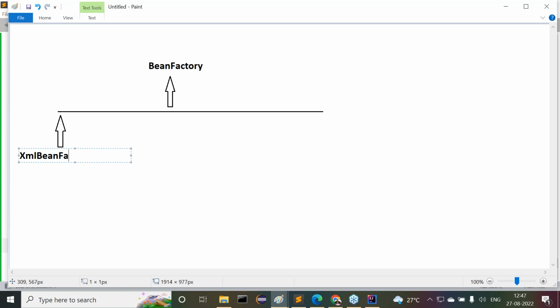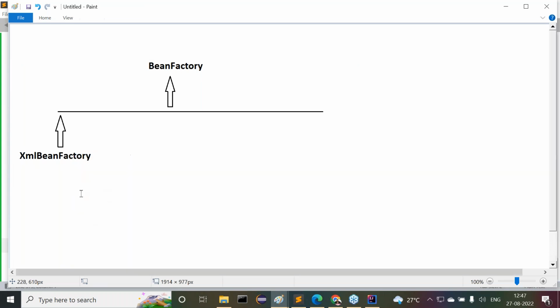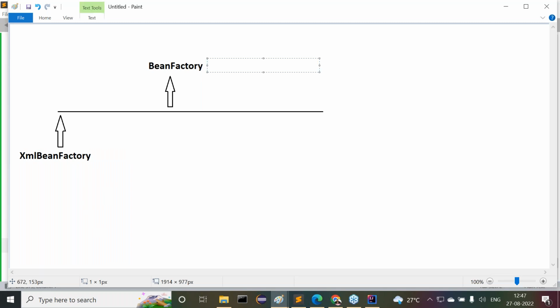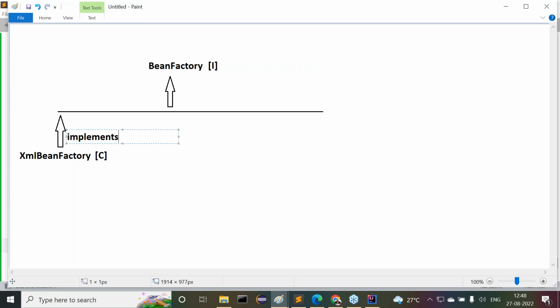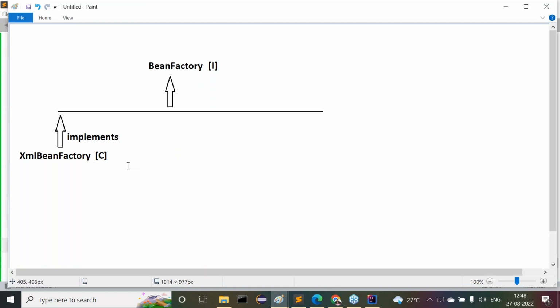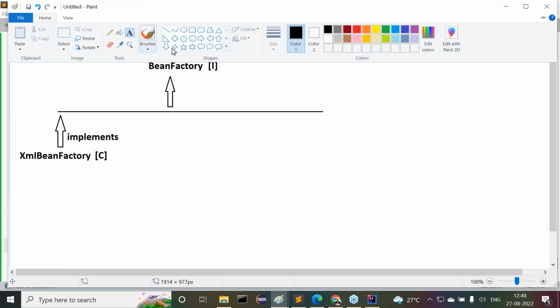XML bean factory. This is an interface and this is a class. Here the relationship is implements. Okay. Then after that,